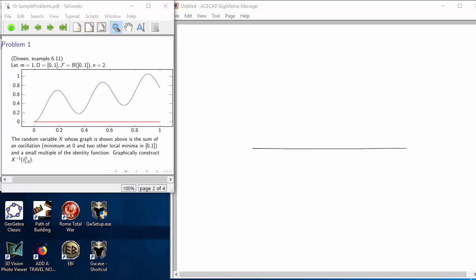And the task that I have set for myself is to construct the inverse image of the event which Deneen calls I super 2 sub 1 comma 0, where